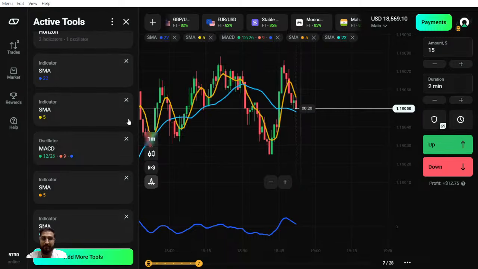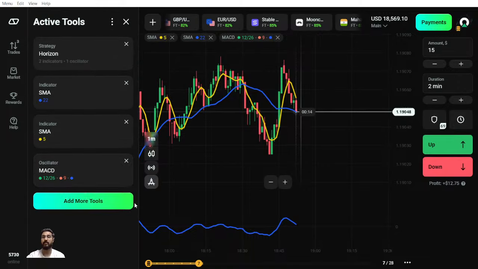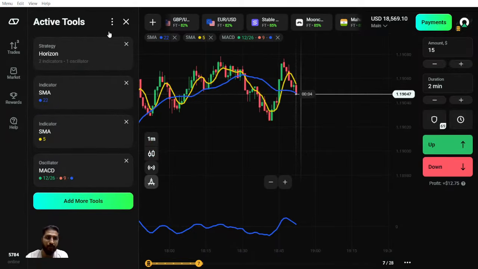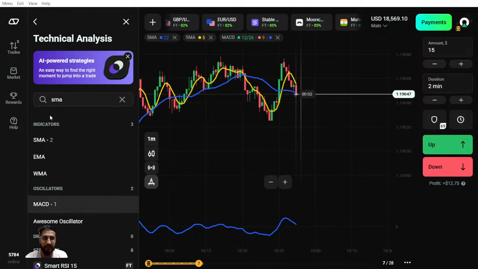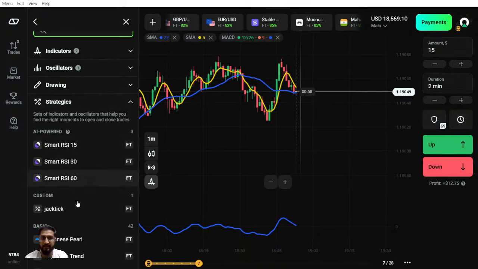Once you have applied the complete strategy, click on these 3 dots, click on save strategy, next, and the strategy which was paid for some of the traders who were not on the expert level, from the next minute that strategy will be unlocked for you. And how it is going to be visible on your screen, let me show you. That will be visible somewhere in the custom strategies like this one.